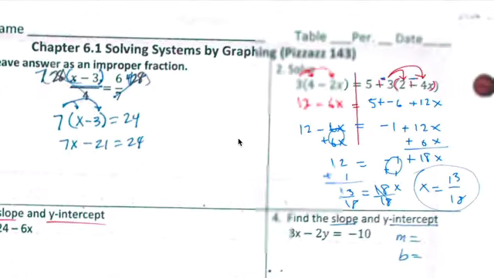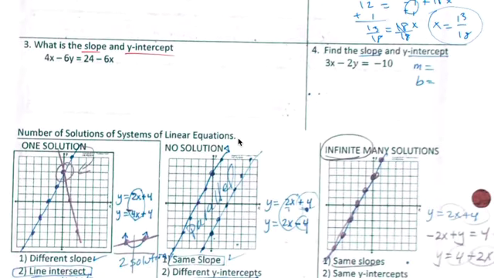One solution. Let me double check and make sure. I think I did everything right. Okay, that's that one. Then you do 3 and 4, because if you guys don't know how to do it,